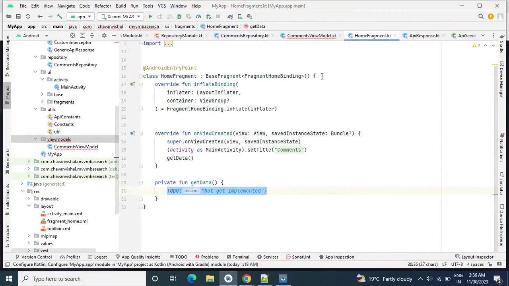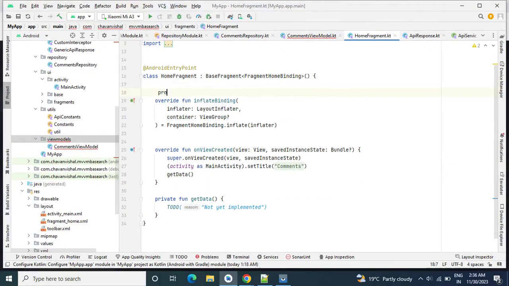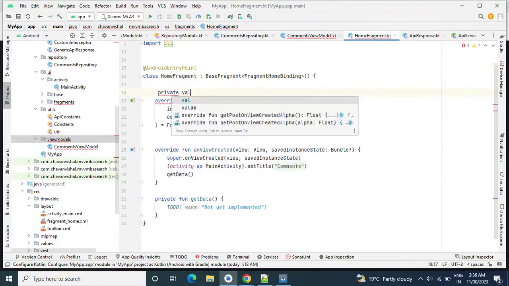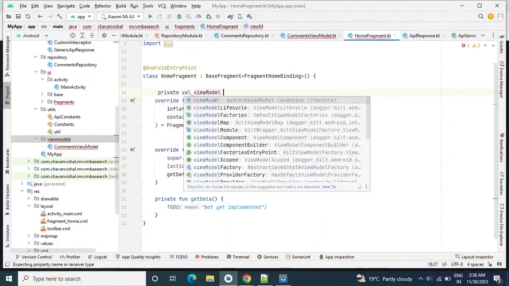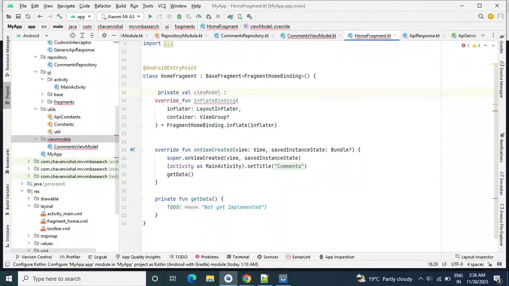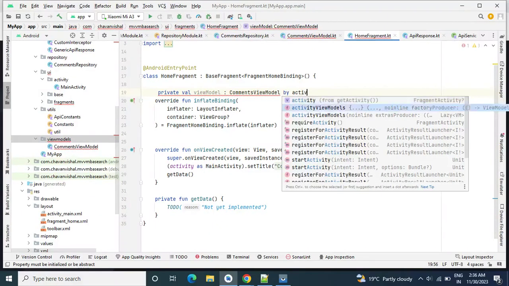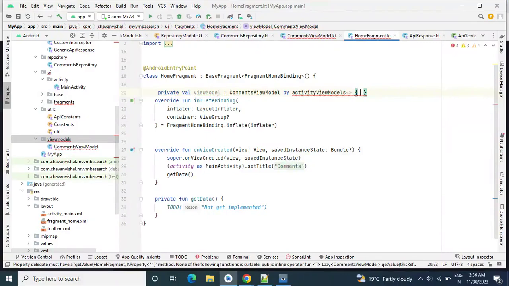So here we will initialize the view model: private val viewModel of CommentsViewModel, and then by activityViewModels. Okay, so now we have initialized the view model here.